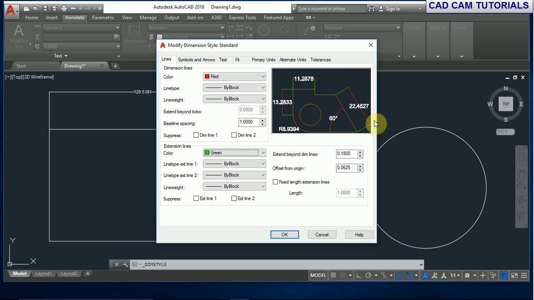Same for the extension line type, we can change it. Extend beyond dimension line: if we change this one, enter. After this, the extension beyond the dimension line is increased. Offset from origin is the distance of this gap,